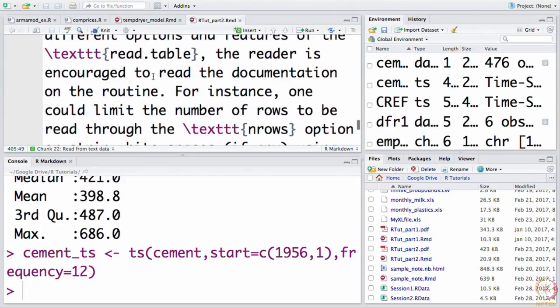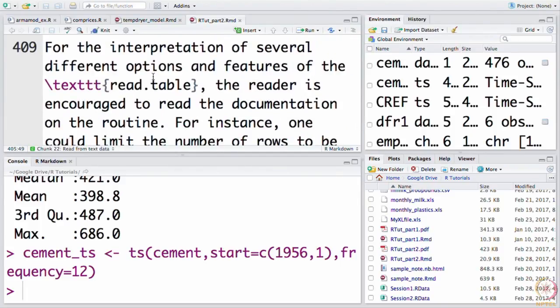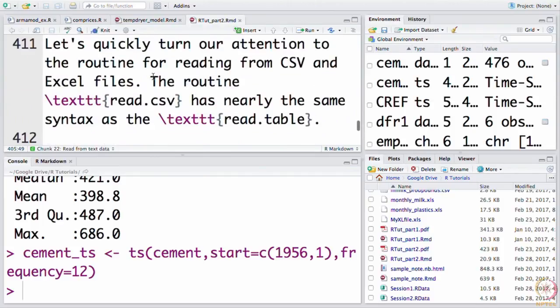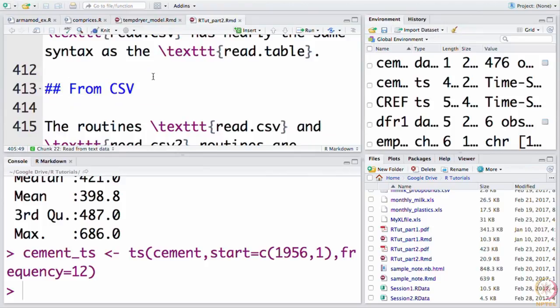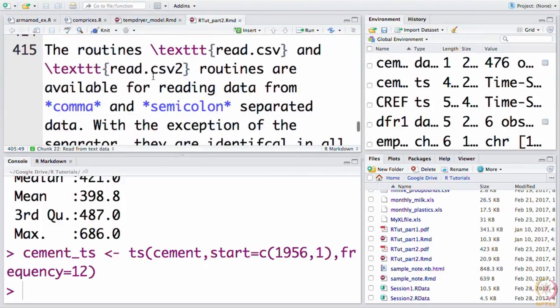Now, when it comes to reading data from a CSV, again here we have read.csv, which more or less has the same syntax as read.table, and also the options pretty much look alike, maybe barring one or two. And there is also a read.csv2. The read.csv routine is available for reading data from a comma separated file, whereas read.csv2 reads data from a semicolon separated file.